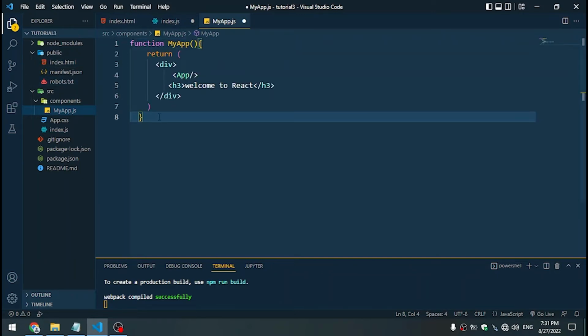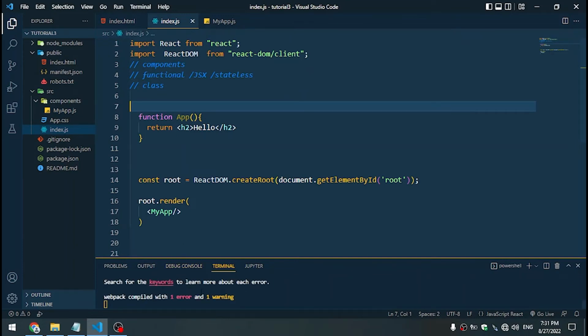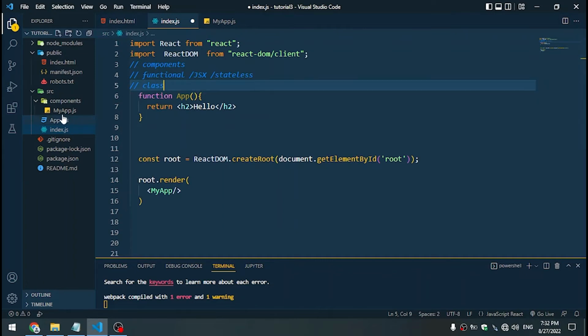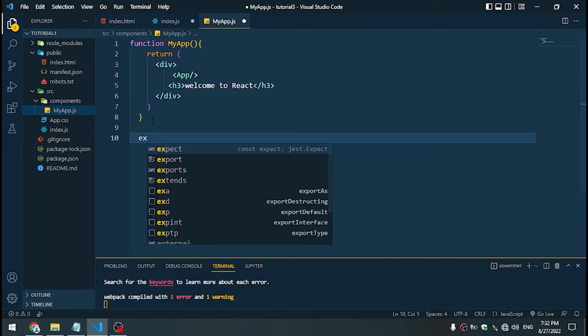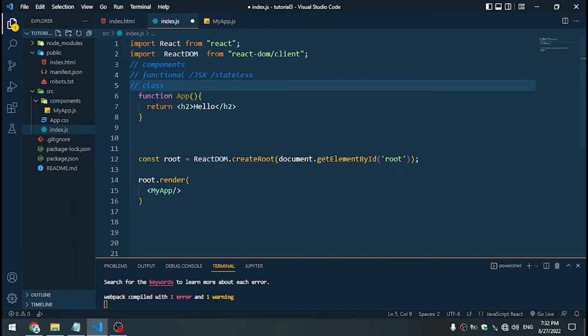Okay, so when you save, you should go back here and save, and you are going to see the app has crashed. So let's now go back here, and we need to export this particular component. The way we do it is we just say export default, then the name of that application, which is my app, just like that. Then save, then go back to index.js, and in here you can import that